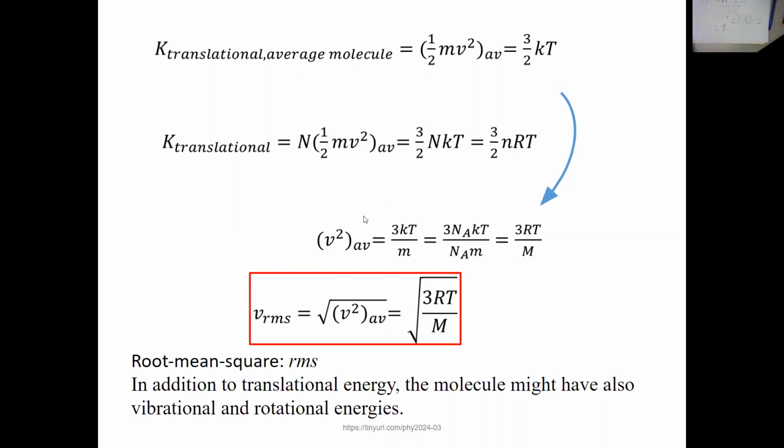All right, with that, from here you can see that the average speed squared should be equal to 3kT divided by m, right? You multiply both sides by 2 to get rid of the 1/2 here, so 3kT, and then further divide both sides by small m, so then you have 3kT over m on the right hand side here, okay? 3kT you can write as 3 capital N sub A, Avogadro's number, times k times T. Or actually, this is when you multiply both the numerator and denominator by Avogadro's number. Okay, if you do that,